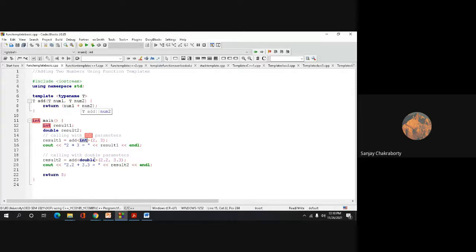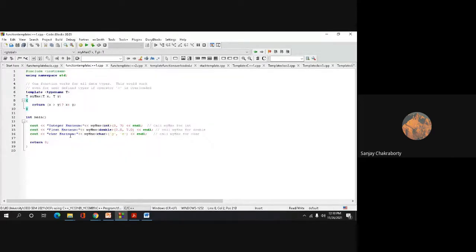When we pass the double data type as the template parameter T, the addition will act like a double addition. Accordingly we get two separate results: one is the integer addition output, and the other is the double addition output.